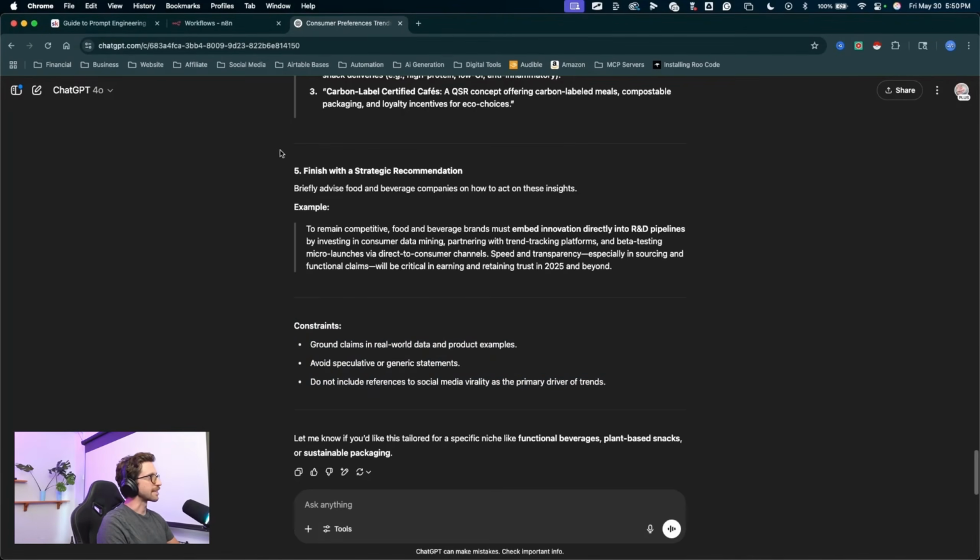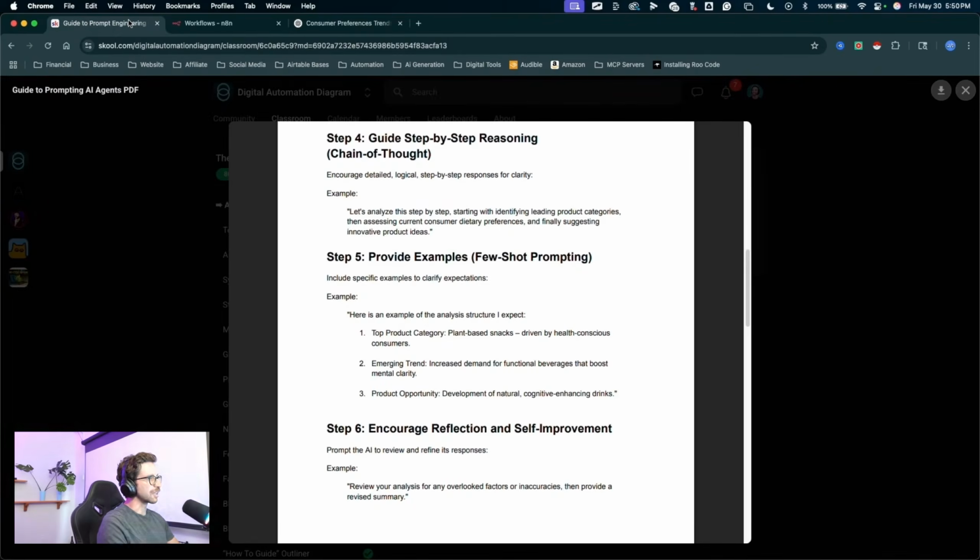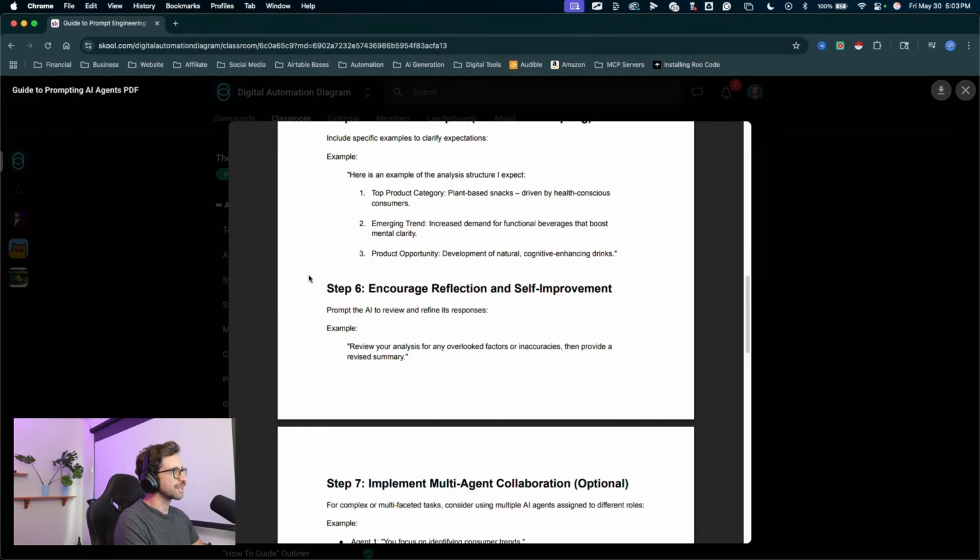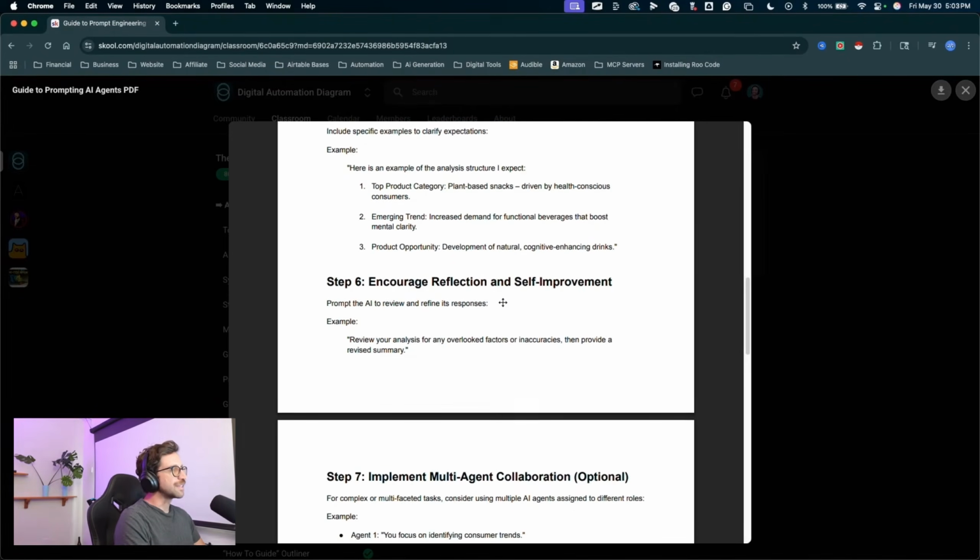We'll take a look at that in a second. So let's jump back over to the document. Okay, step number 6, we want to encourage reflection and self-improvement. The 2 most powerful lines. This is my biggest pro tip, the most profitable lines you can give any AI prompt is saying something like,